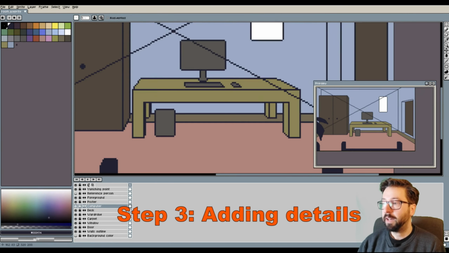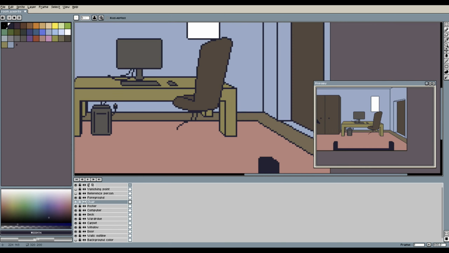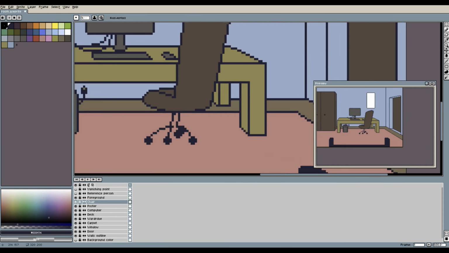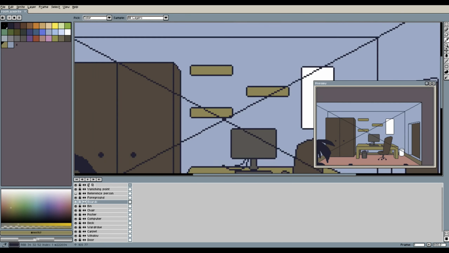Step 3 is adding more details to the scene. For example, this little desktop computer under the table, which belongs to the screen, and also an office chair, which I placed in front of the table, as well as a trash bin, and some shelves on the walls to hold some decoration or books later on, a little ceiling lamp, and some more shelves, again using the vanishing point